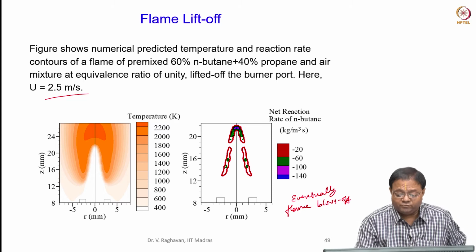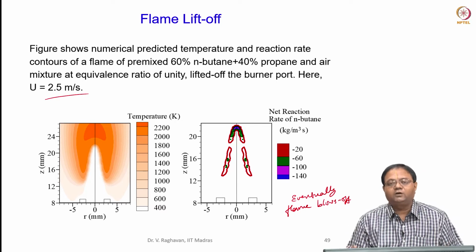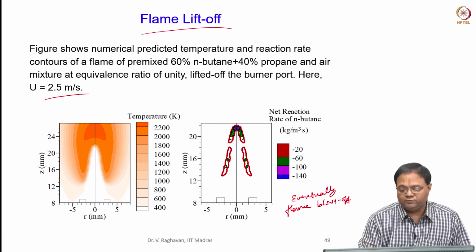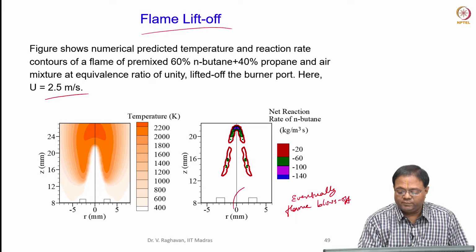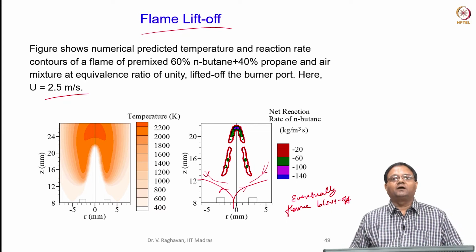Now we can see that the flame zone tries to move away. It cannot sustain the incoming high velocity. So that is the flame lift off. It is dangerous. You can see that the reactants which are coming out can leak out, and the atmospheric air can come in. This is the atmospheric air which has come in, and reactants can leave. Incomplete combustion can occur, correct?